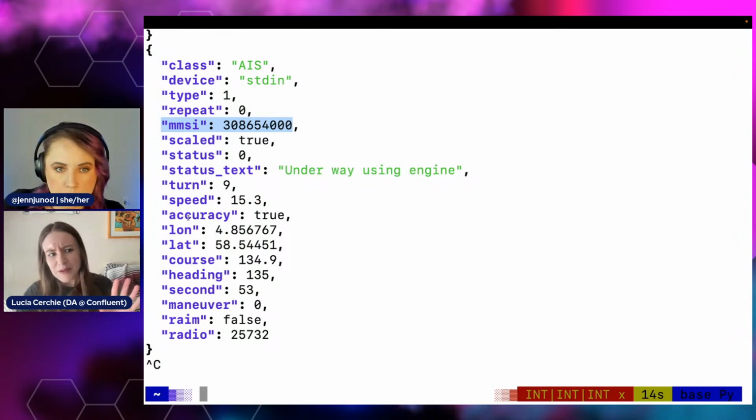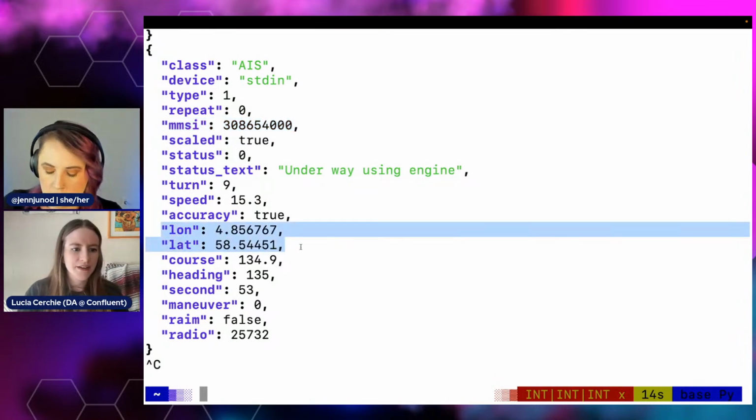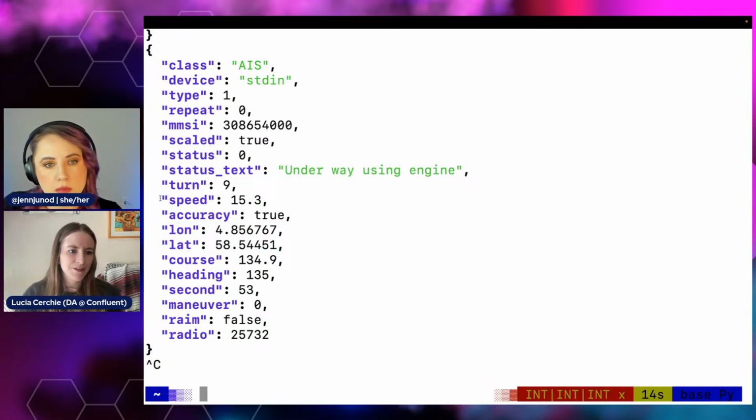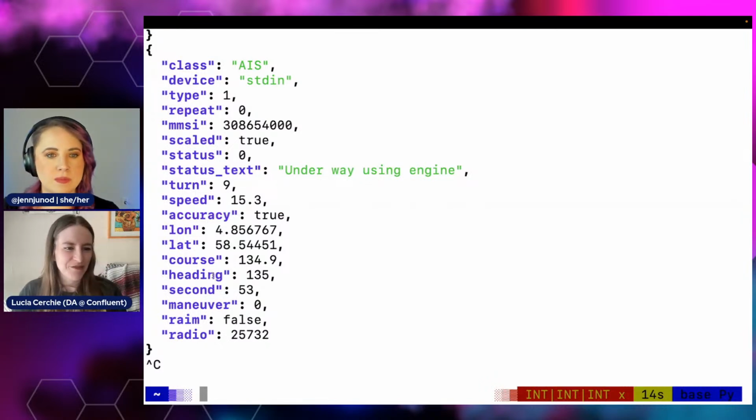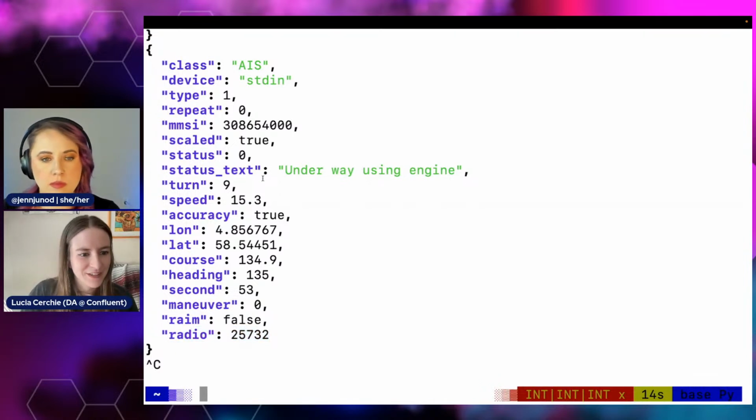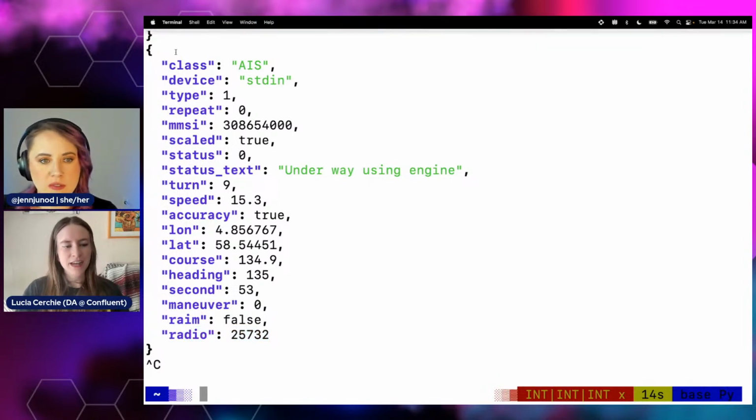I don't know what that stands for, but it's the ID. And then the lat long, and we can even get the speed. I think this is in knots. I hope it's accurate. That's kind of a funny field to me. And the other things, like maybe this is a radio address and you could radio them. That would be cool. But that's the data that we are going to work on piping into Kafka.